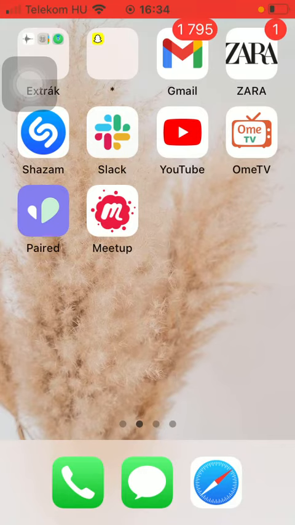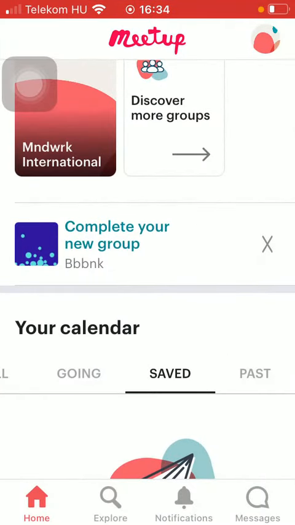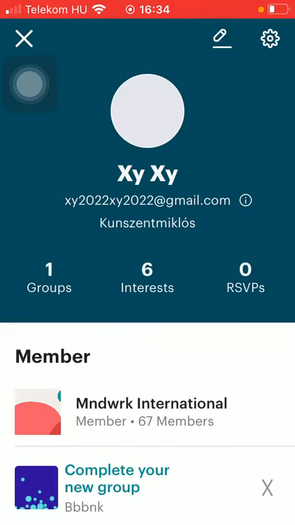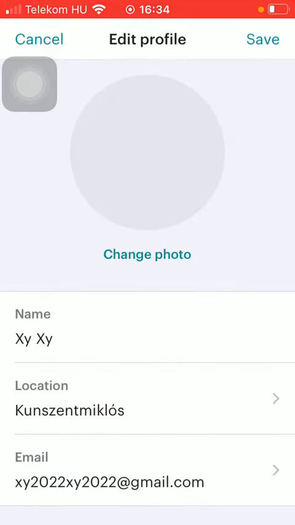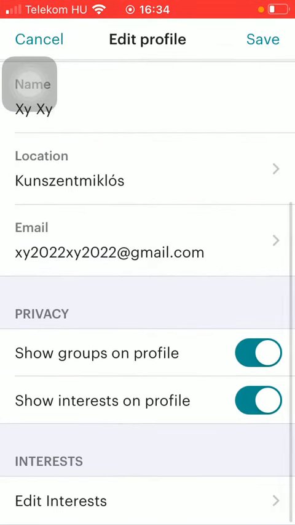So let's jump into it. First of all, open the application on your phone. After that you should tap on this icon that you can find in the upper right corner of the screen. Then click on this pencil button at the top again and scroll down until you find the edit interests section